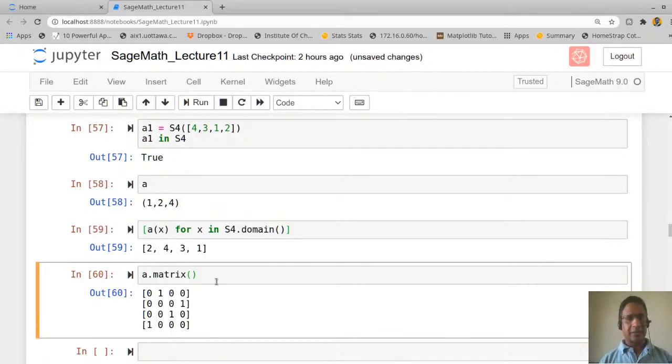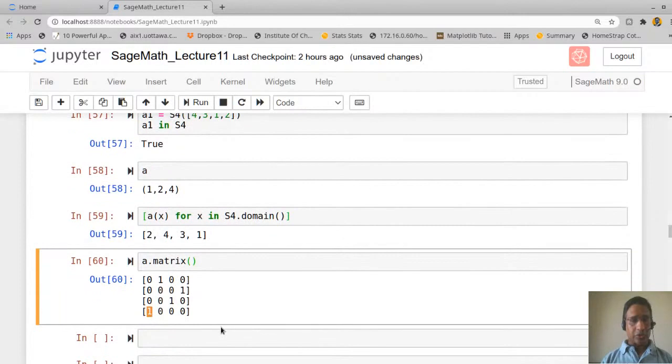So that is a permutation matrix. 1 goes to 2, and then 2 goes to 4, that's what you can see here, and 3 remains as it is, and 4 goes to 1. Okay, so that is the permutation matrix with respect to the given permutation in any of these symmetric groups.